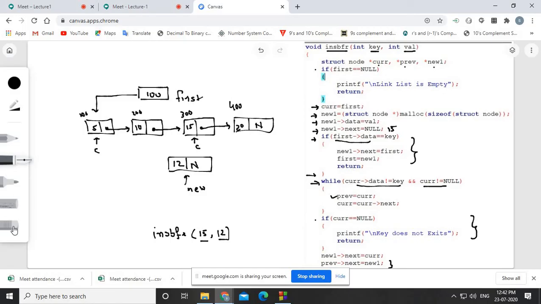Initially, 15 is not here, so the current pointer will move one step ahead. Your current pointer comes to 10, and the previous pointer will follow the current, so previous will come here, right? Again we are checking whether the data part of the current is 15.